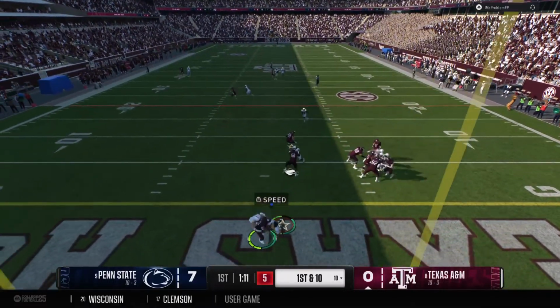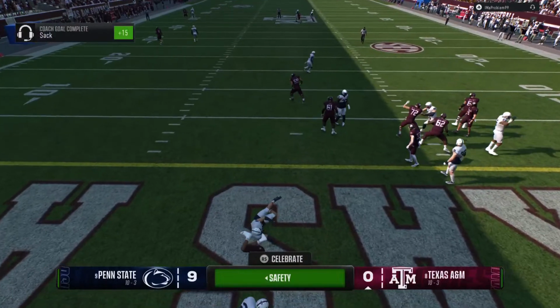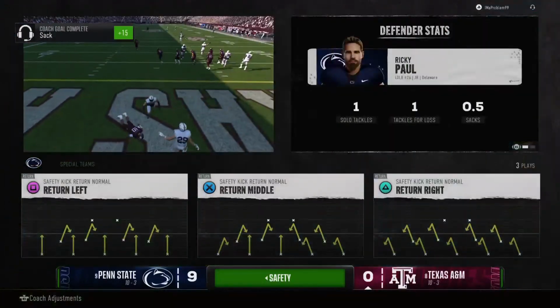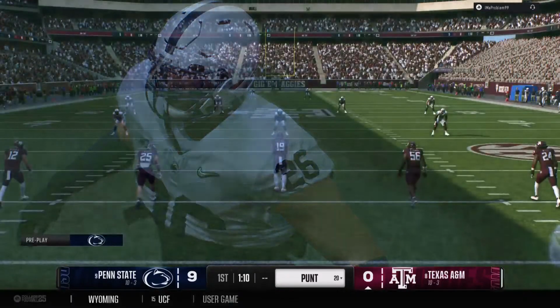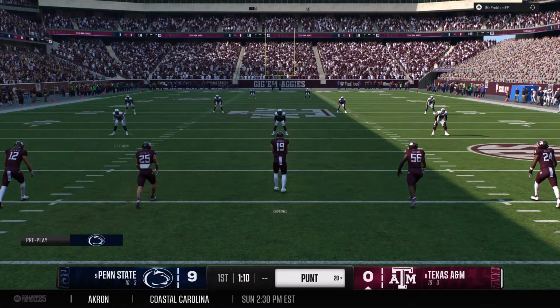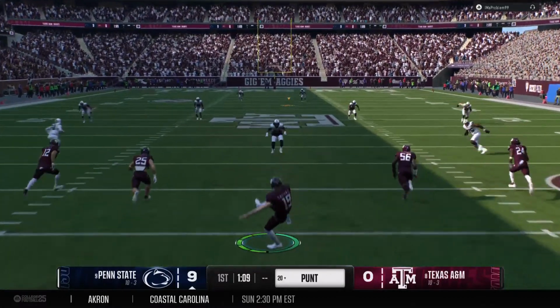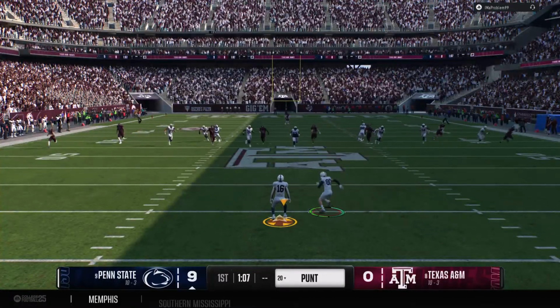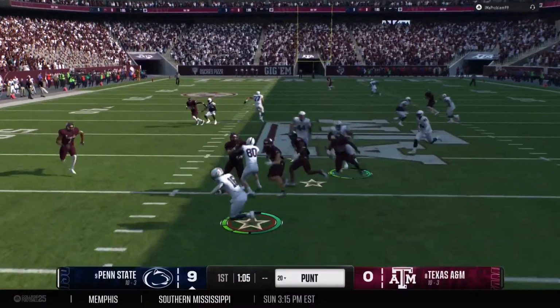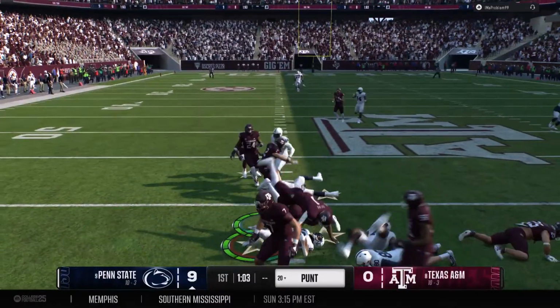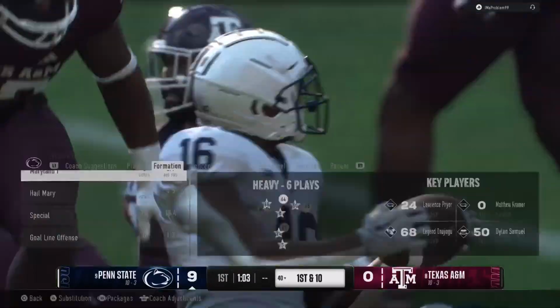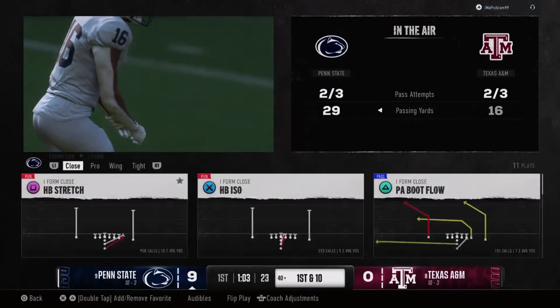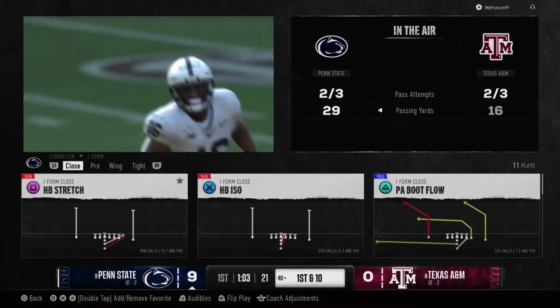Defense is coming after him. That's a safety for the defense. Man, that is a big-time play for this defense. Not only do they get a couple points, they get the football back as well. It should give these guys a spark and some momentum. Ball fielded near the 35. The return is brought down at the 40, and the Penn State offense will take over, 1st and 10.